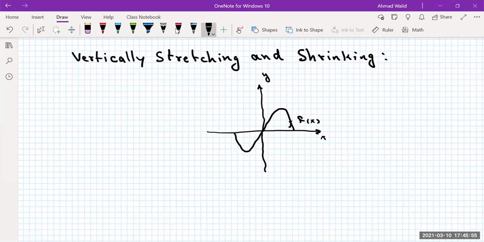Vertically stretching, if I talk here about stretching, vertically stretching means the graph will go this way. You will see something like this. The red one is vertically stretched. And this one, if we name the black one,